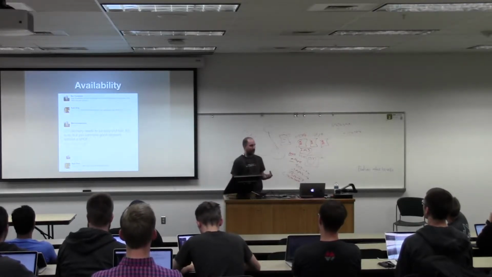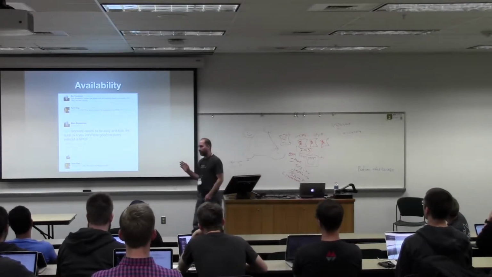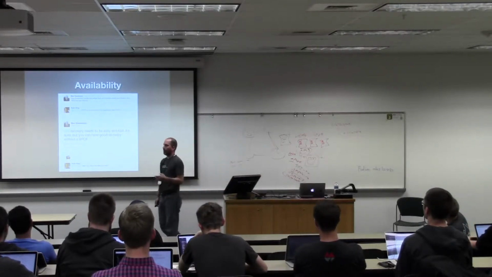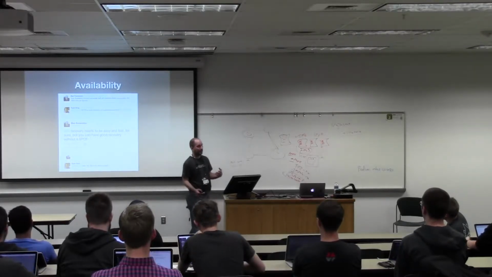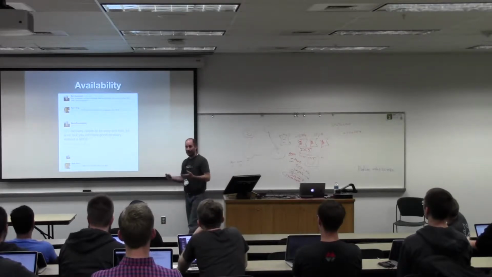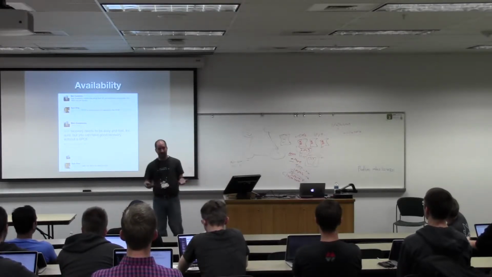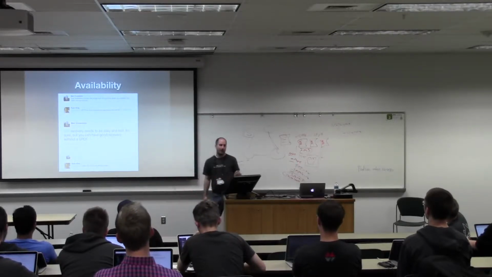Now, when we talk about distributed systems, there are several different components that we talk about. One of the most important things that we talk about in distributed systems is availability. Not only do we want to have our data exist, right, but we want to be able to work with it. It needs to be accessible to us, right? And if it's not accessible to us, our database isn't very useful to us, right?